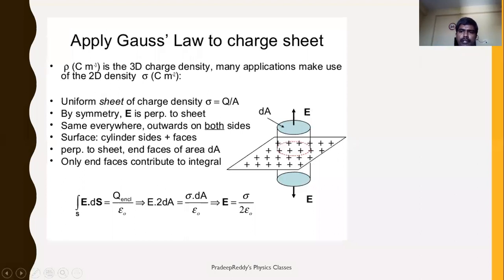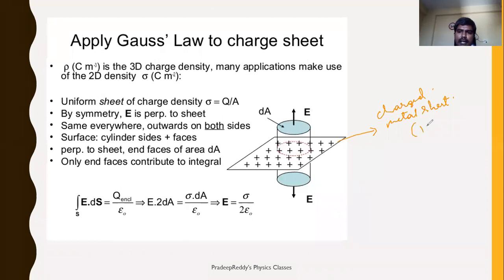So we will be using Gauss law, and we will be finding out electric field due to a metallic sheet. Already we have derived that using integration and differentiation. But without that, within 2 steps, we will be getting electric field using Gauss law. That's the beauty of Gauss law. Now this is a metallic sheet, right? You have in the figure, this is a metallic sheet, right?